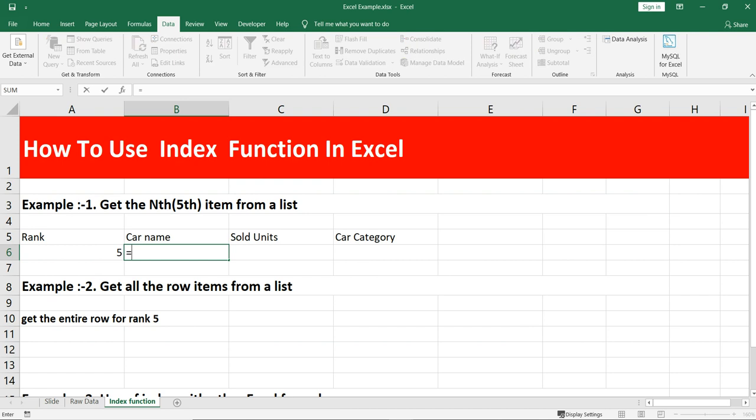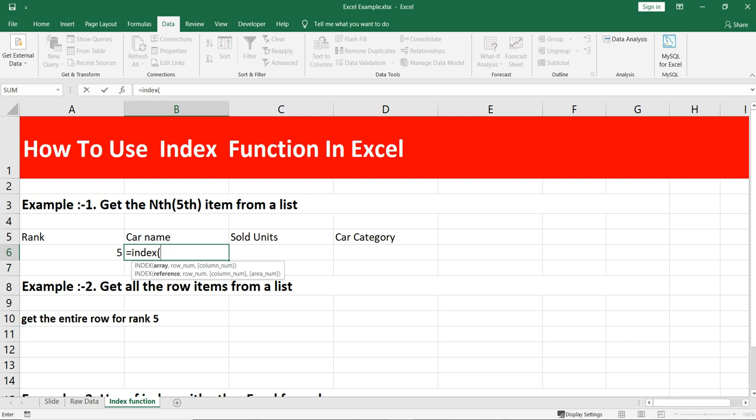We'll put equals, then INDEX. Once you write this INDEX keyword, you will get this help tip from Excel, which gives the definition of the INDEX function: returns a value or reference of the cell at the intersection of a particular row and column in a given range, which I have already told you. Once we put the function, we put the opening bracket. The first parameter required within this function is the array.